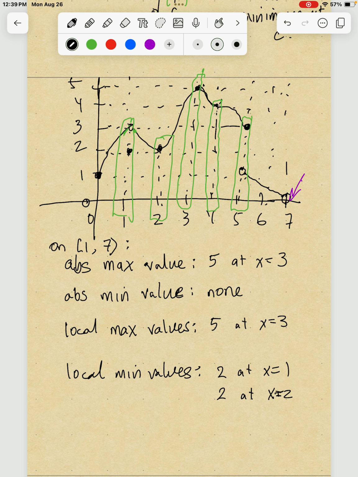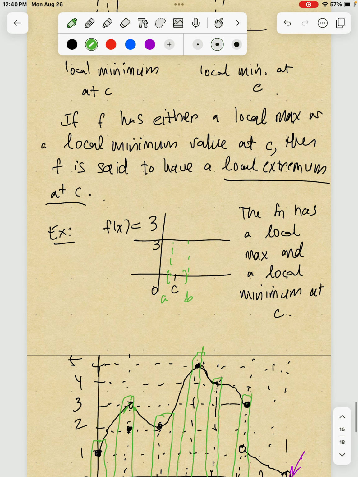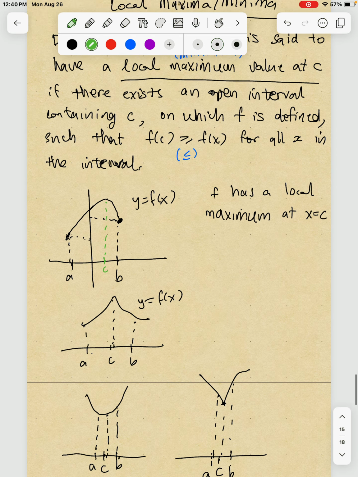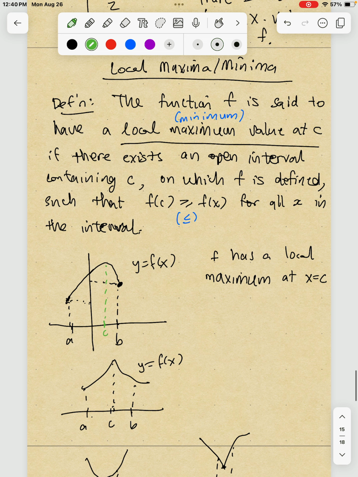Because in the immediate vicinity to the left and to the right, the y value 2 is less than or equal to all the other y values in that interval. Okay, what about this one? Is this a local minimum or a local maximum? No, because this one's sort of tricky, but if you look at the technical definition, there needed to be an